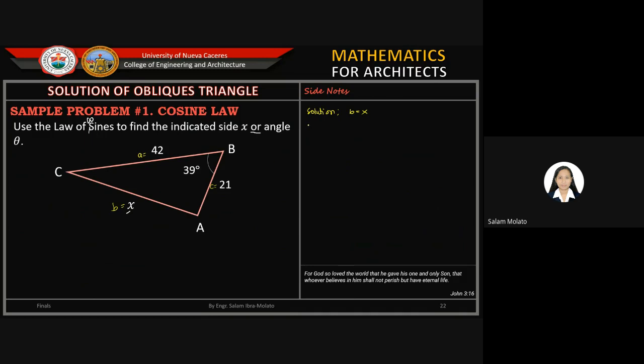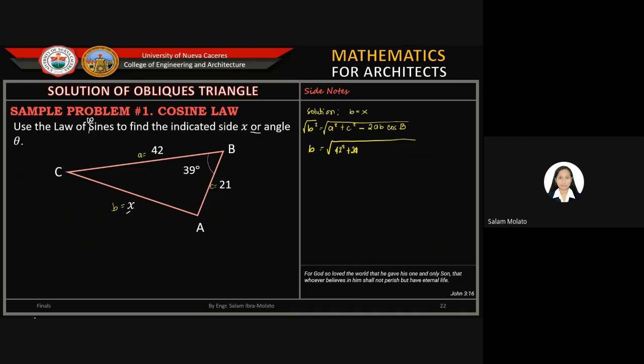So this will become b squared is equal to the sum of the squares of the other two sides, that is a squared plus c squared, minus twice the product of the two sides times the cosine of the opposite angle. If this is b, this is cosine b. Easy to remember, right? So, getting now the square root of both sides to solve for b, b is equal to the square root of a, where a is 42, squared, plus c, which is 21,